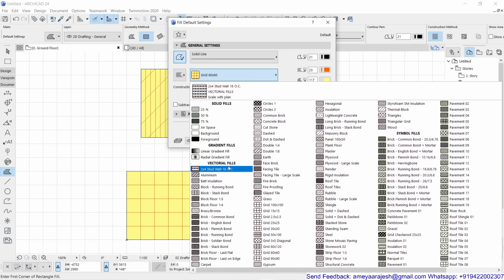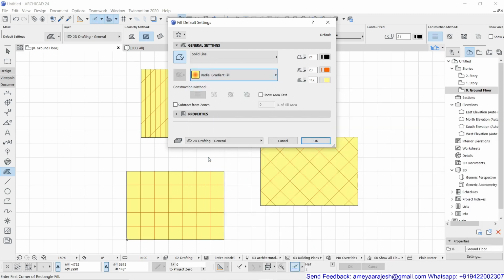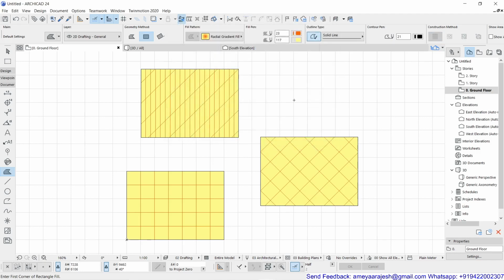But before that, I'll just try to give you one clue about this radial gradient field. Now you can see there's an inner color and outer color and the mixing option. And now if I say okay for this, and if I try to give the same area, maybe I'm just putting two random points right now, no precise drafting, and you will see how this is working for you.